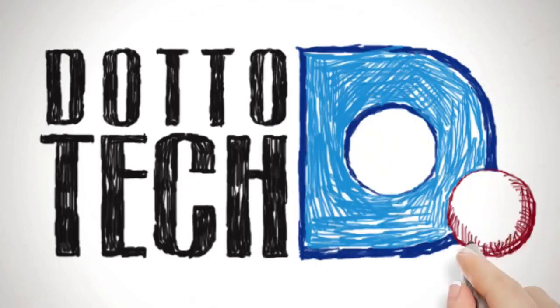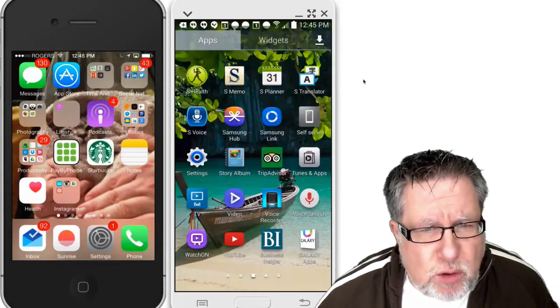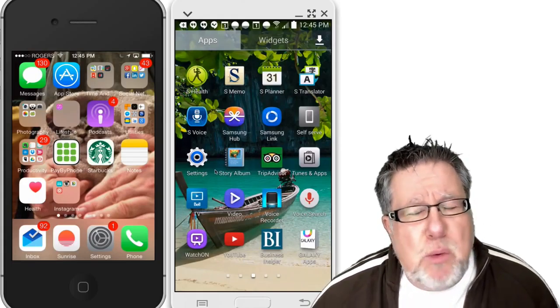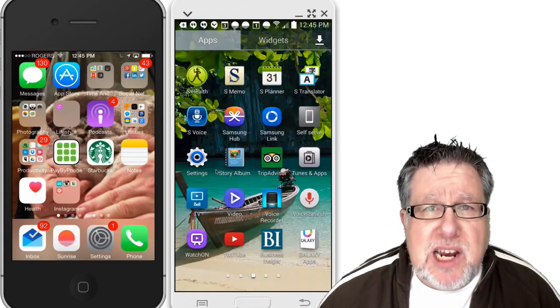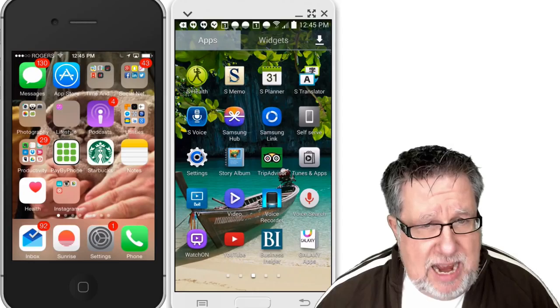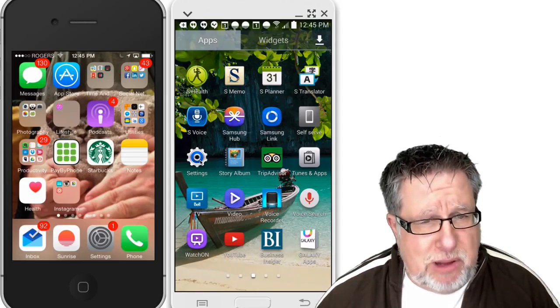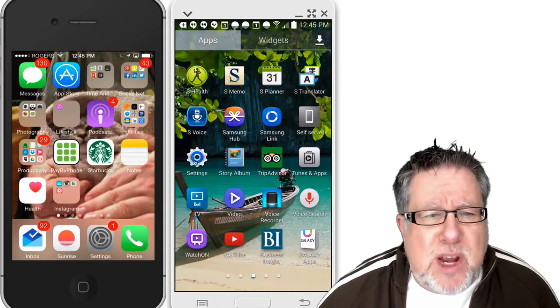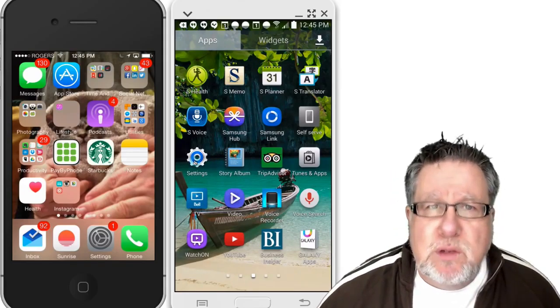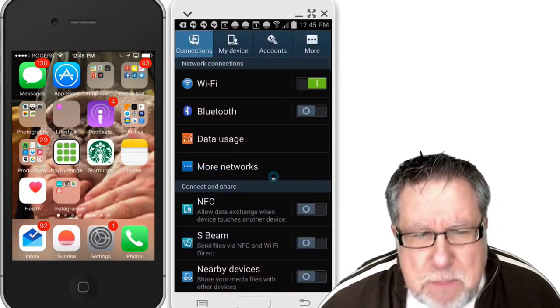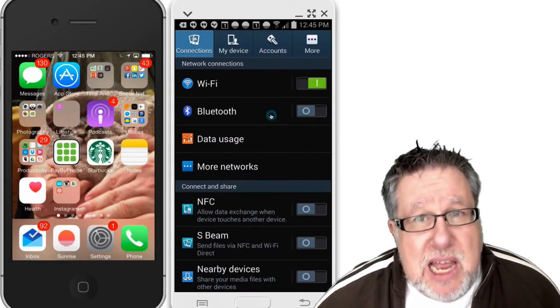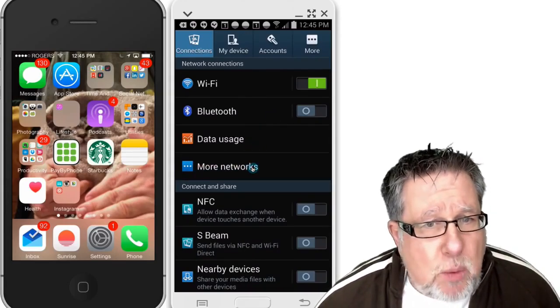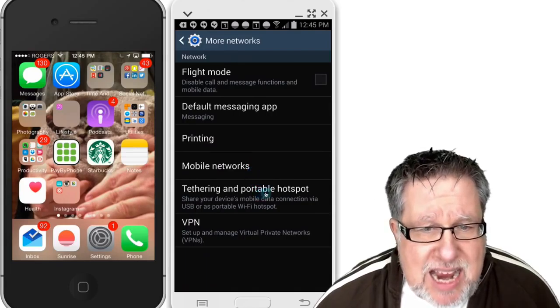It is a fairly quick and basic demo which we are going to look at this fine day. We're going to take a look at the ability to take the internet connection that's available on our smartphone. I have here at the center for your viewing pleasure my Android phone, and on the left hand side is my iPhone. We go into the same place in both phones to set up hotspots, and it's as simple as can be. In the Android phone, you go into the More Networks area,